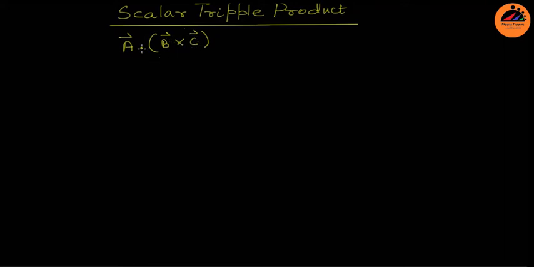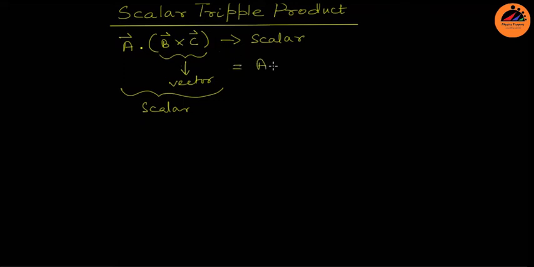The reason why we are saying this is a scalar is because the resultant is a scalar. This is a scalar because first we do this operation. Okay, this is a vector. Then we make use of this operation. This is a scalar. Basically, it's immaterial. There's no point giving this bracket, because I can write it like this: A dot B cross C.